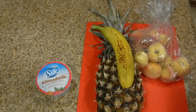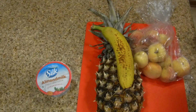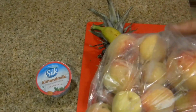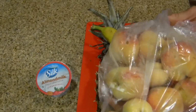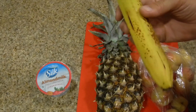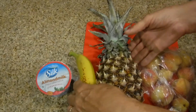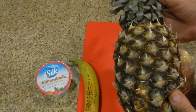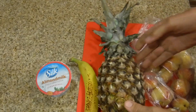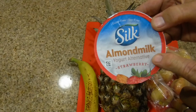Today what we're doing for lunch, I'm having a liquid lunch. I don't mean a drink. What I'm going to be doing is using these fresh organic peaches that I got from Alan and Gail's backyard. I've got a regular very ripe banana, you can tell by the spots, and I have also a very ripe pineapple. So we're going to put this together with a little bit of Almond Milk Yogurt alternative, and this is